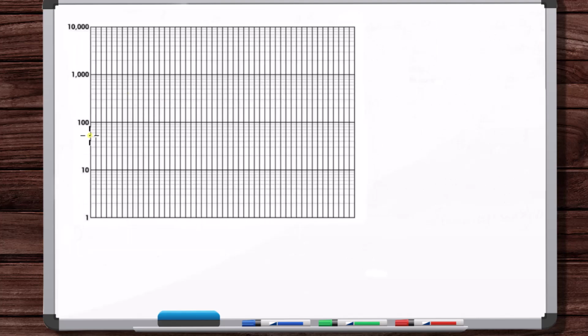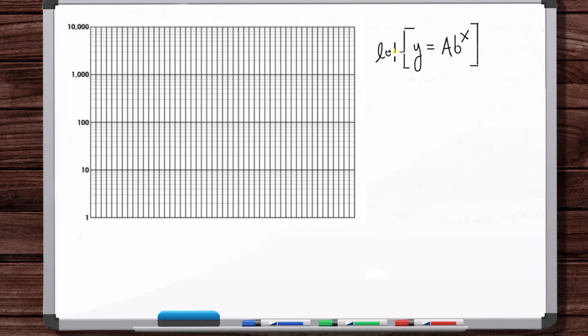Okay, now on a semi-log plot, if you plot an exponential, so a times b to the x, the exponential is going to come out linear. So x is a linear scale, y is a log scale. Now, why does this happen? This is base 10, but it could be any base. So let's take the log